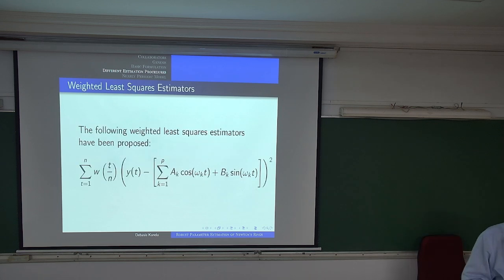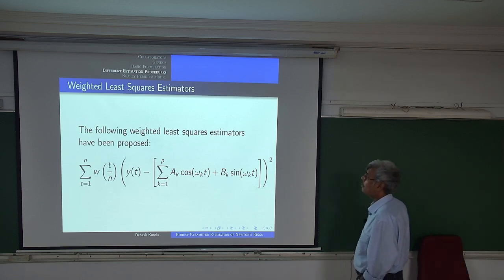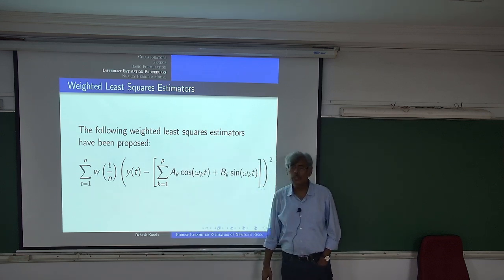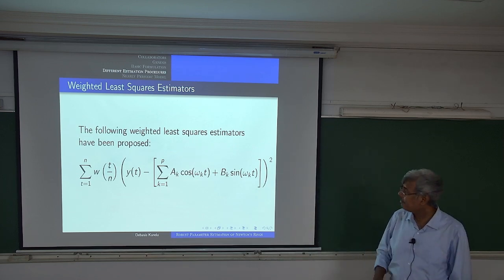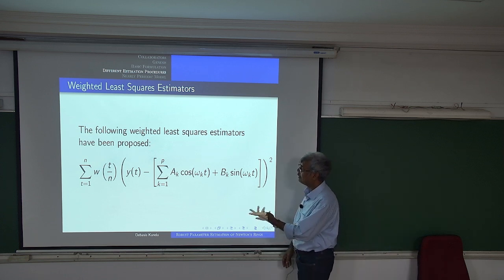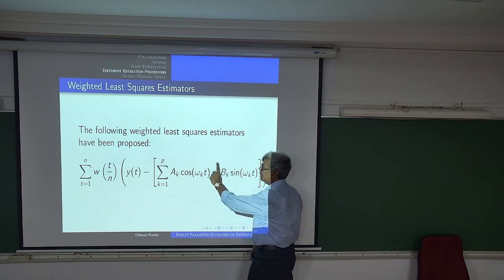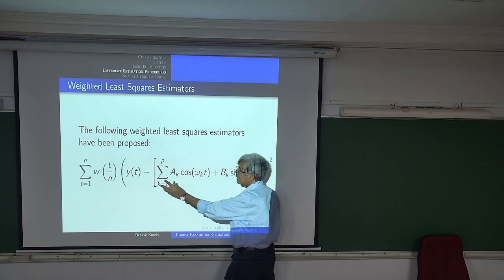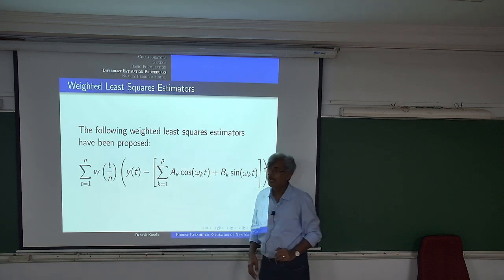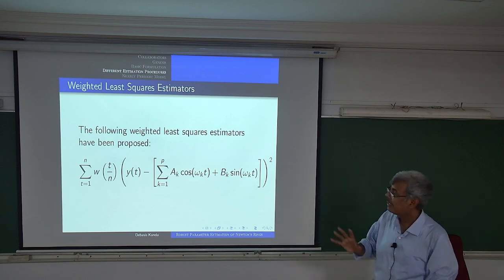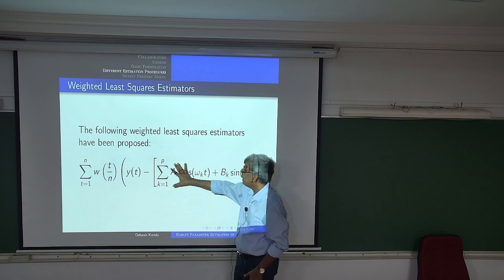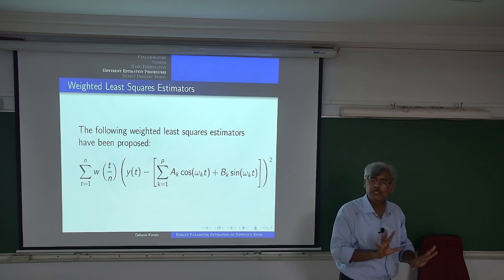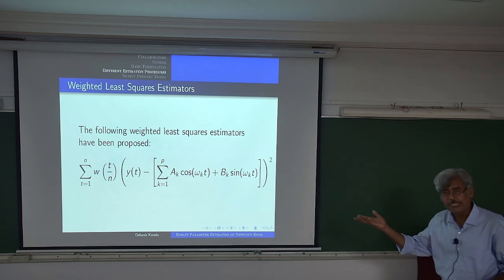So that's the reason one of the things which came up is what we call the weighted least square estimator. So you put some weight. The idea is the same. If there are outliers, which basically means this quantity should be large, I do not want that to affect the estimator, and that's the reason I am putting a weight function before it and I want to shrink it. If this quantity is large, then I will make this quantity small, so that overall it neutralizes the whole thing. Okay, so that is basically the idea.